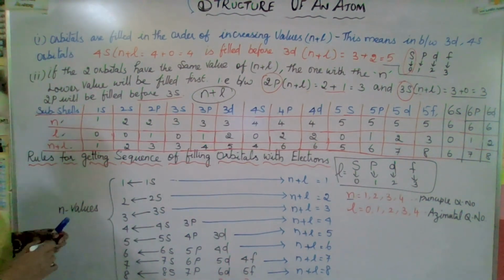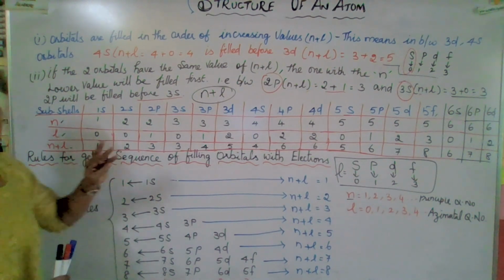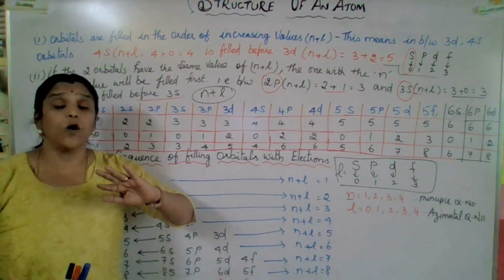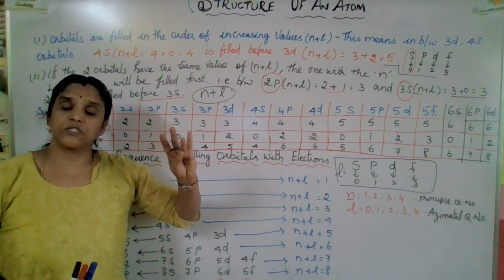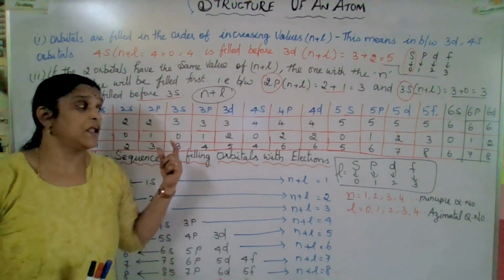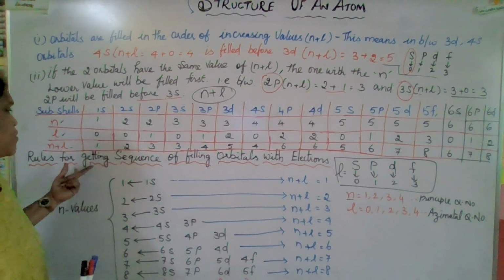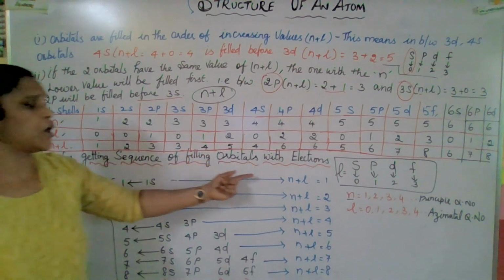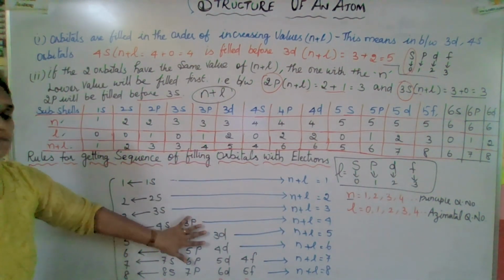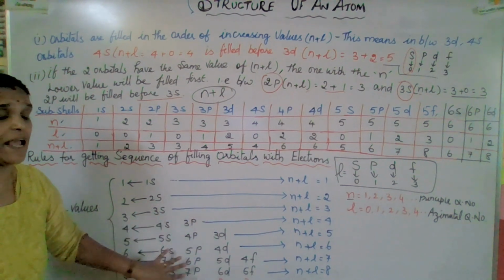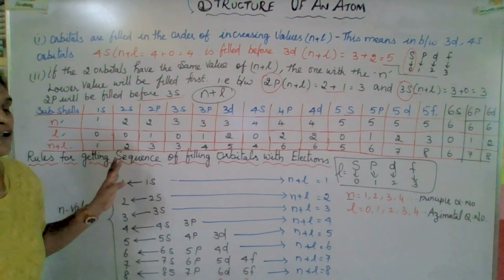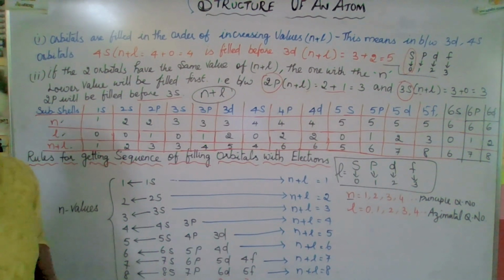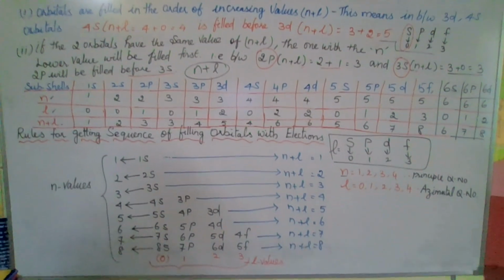Yes, you got it, and you know which one will fill first and which one will fill last. I think you got an idea about how the electrons are filling in the orbitals: the Aufbau principle, Hund's rule, Pauli's exclusion principle, and all those rules for the sequence of filling orbitals with electrons. I think this compartment also will help you. Take that screenshot, as it will be helpful to fill the electrons in the orbitals. If you want, you can take that screenshot.